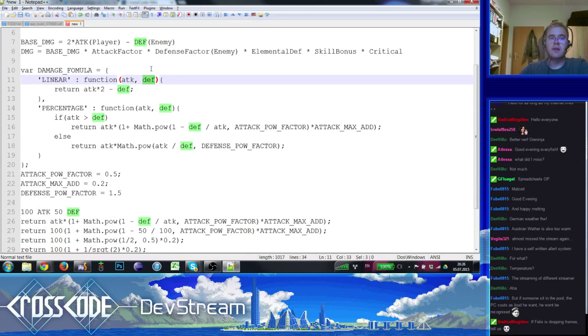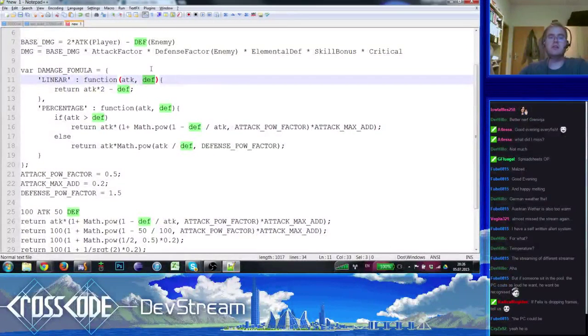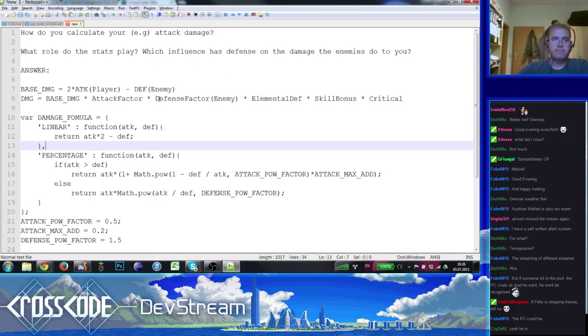But if attack is much larger or defense is much larger, they scale in a way that it's less overpowered. That was the whole goal here. It took some time, but that's how attack is calculated in CrossCode right now. We might actually still change this. I will not guarantee this will stay forever, but so far it seems to work out fine.